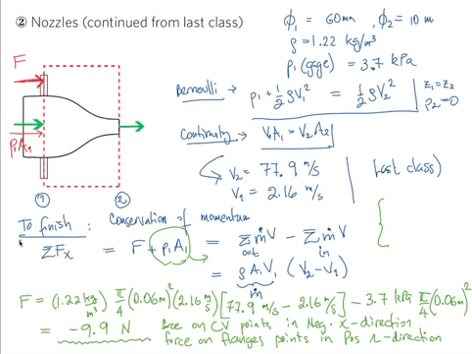Yes? How come you just only use the inlet area? Why, when you do the sum of the mass out, how come you don't do rho A2 V2 minus rho A1 V1? Well,